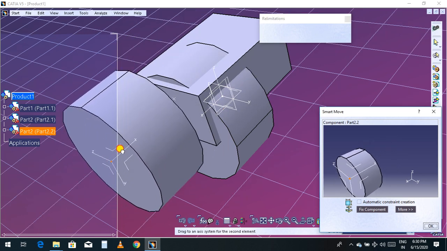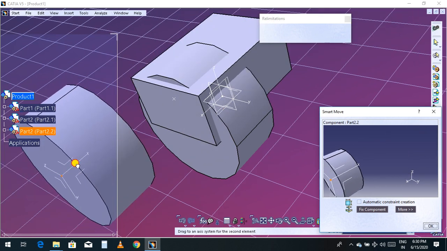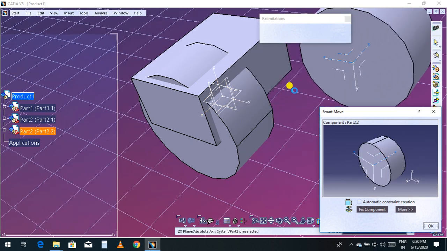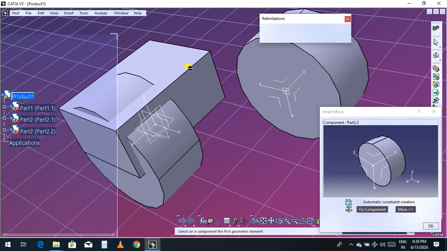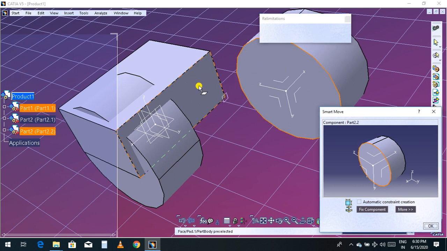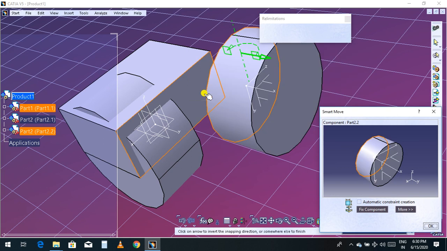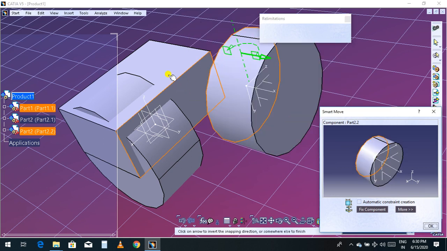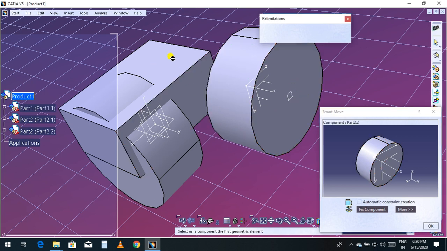Now if you want to drag it, it will move front and back, whichever side you want. So it's totally based on your positioning. Select one face and select the second face, so automatically it will detect and change the directions. Suppose I want to fix this surface on this surface, so select this surface, then select this surface.